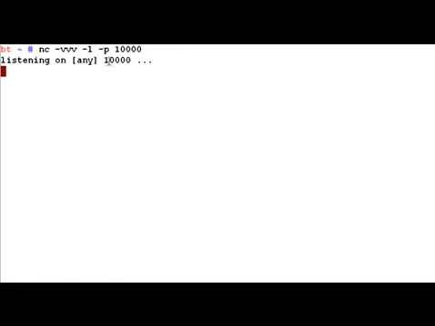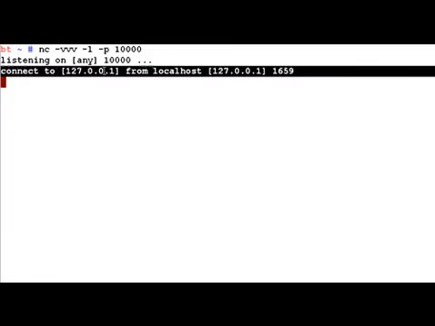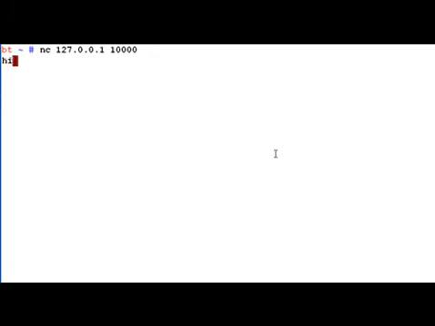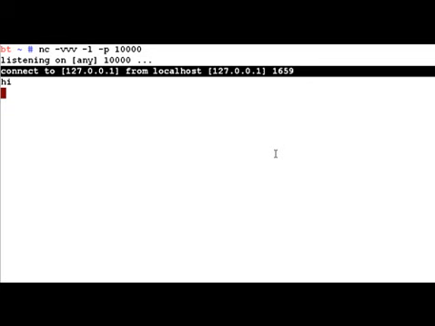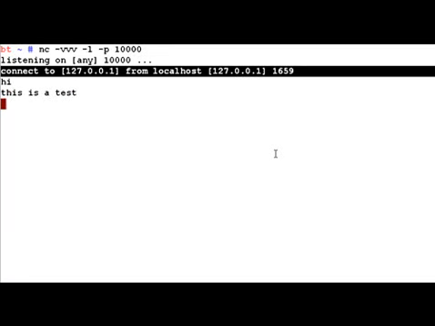So if you notice, now netcat is more verbose and says that I'm listening on all interfaces on port number 10,000. Now let me go ahead and connect the client. Now we get a message here saying that somebody has connected from 127.0.0.1 to us, right? And that is his port number. So let's go ahead and now send a message. Now we go ahead and receive these messages. So just with a very simple command, we were able to create a TCP server.